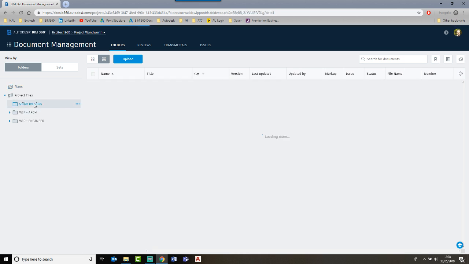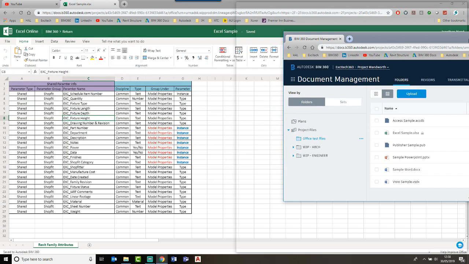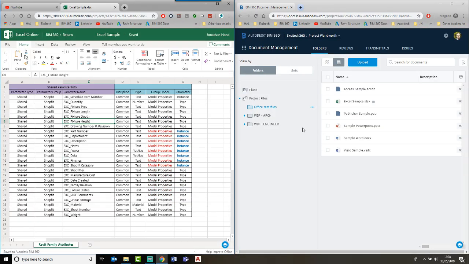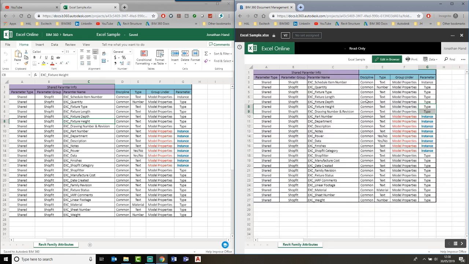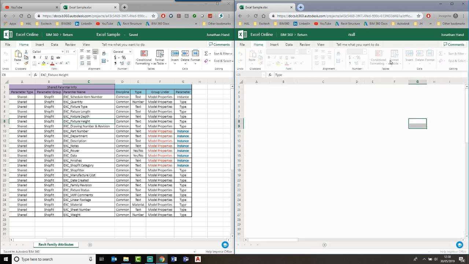So if I click into the Office test files, the first thing that you will see is that there is a little lock symbol. So this is locked because I'm working on the file at the same time, but it will allow me to access it. So I'm going to put these on the same screen, so I've just split them in half. So I'm logged in under my Gmail here, and I'm going to click in, look at the same file, and edit in browser. So this should allow me to click in,